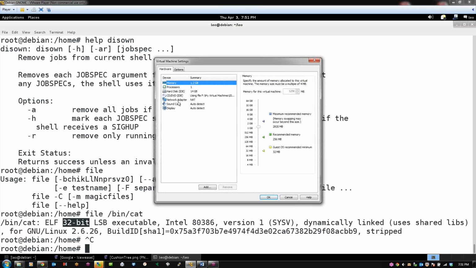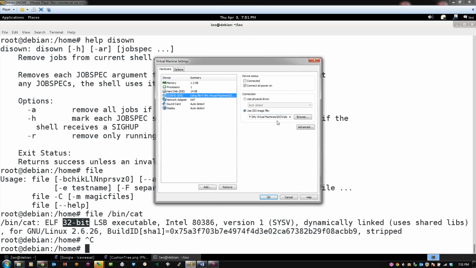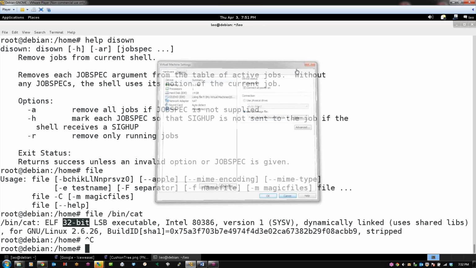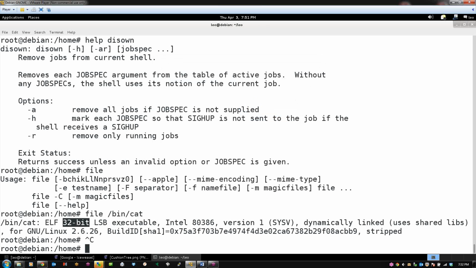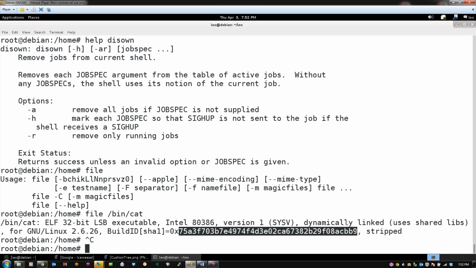I'm pretty sure I have the 32-bit version of this, and I'm going to cheat and go here, and it just says Debian Live. It doesn't say if it's 32 in the actual file name. Just quickly checking the file name. It's an executable. It's for the x86 platform. It's version 1 of the file. It's dynamically linked. Okay, it's got a build ID, and it gives me the secure hash algorithm hash of the